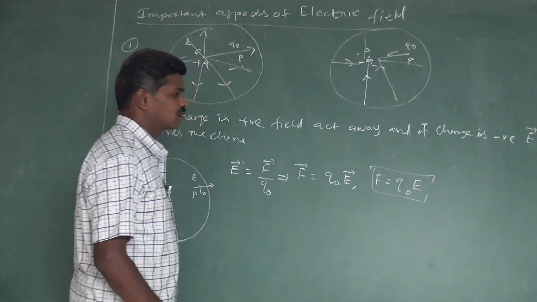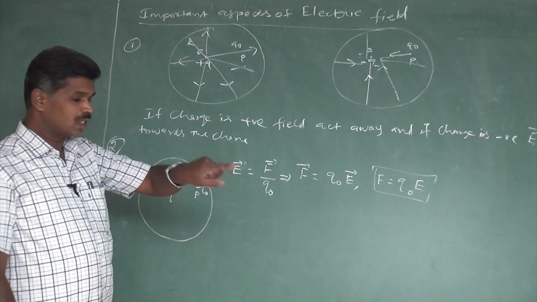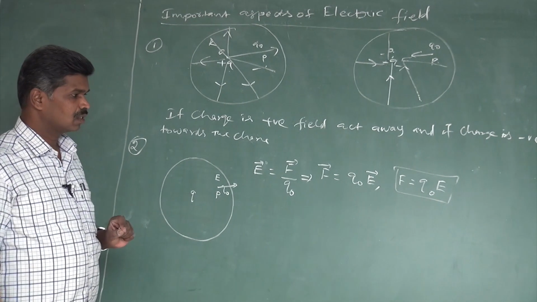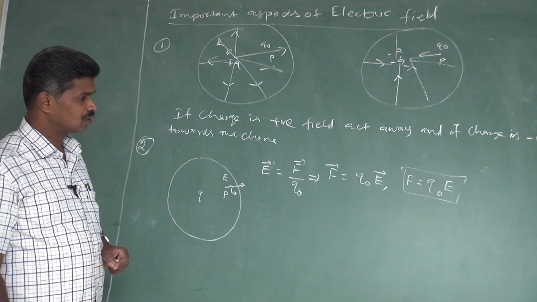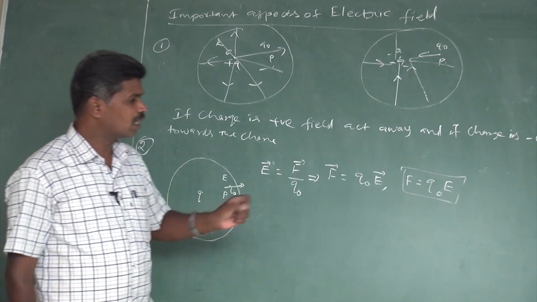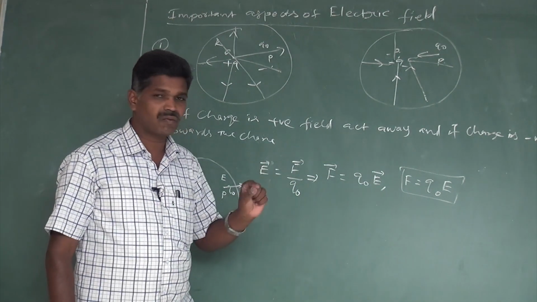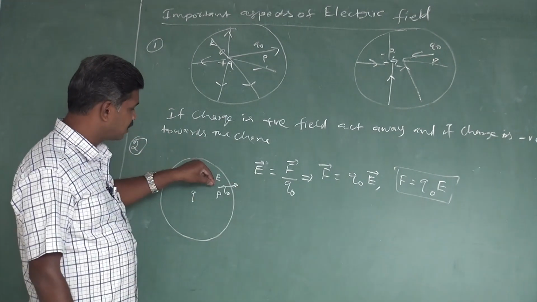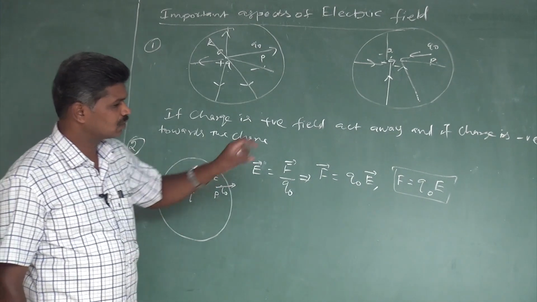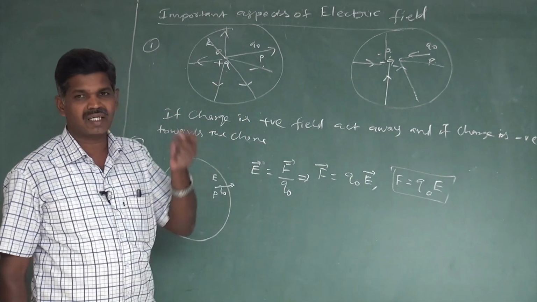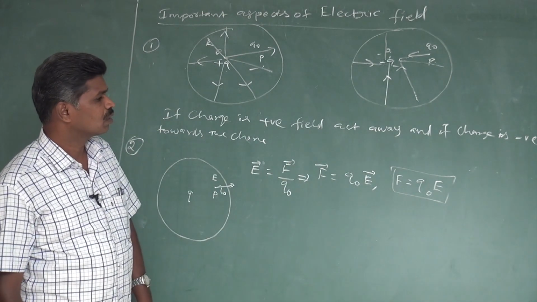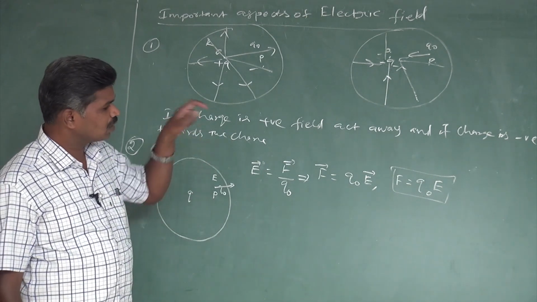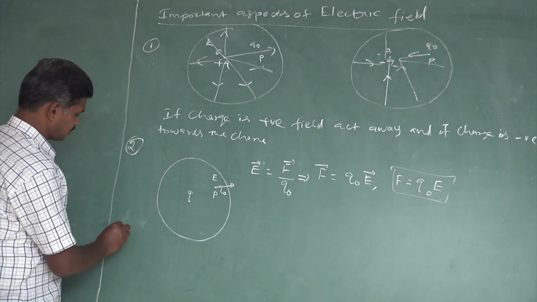We are saying the second aspect is that any charge placed in our charge's field experiences a force. That force experienced can be equal to the product of the magnitude of the placed charge and the field at that point due to our charges. That is the magnitude of the force acting on our test charge. F is equal to Q0 into E is the magnitude of our force on the test charge, we can say. That is the second aspect.